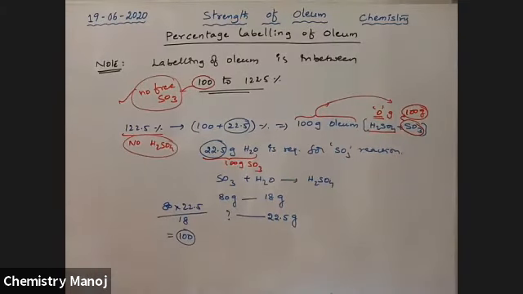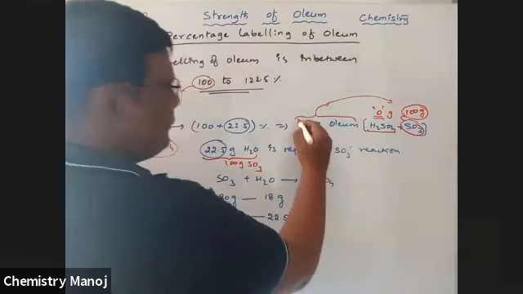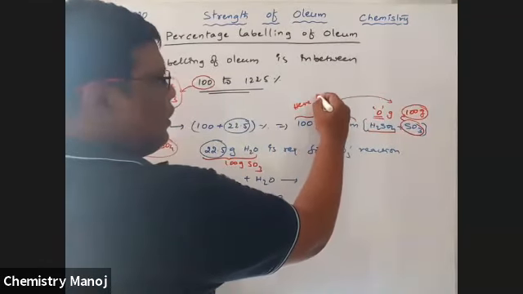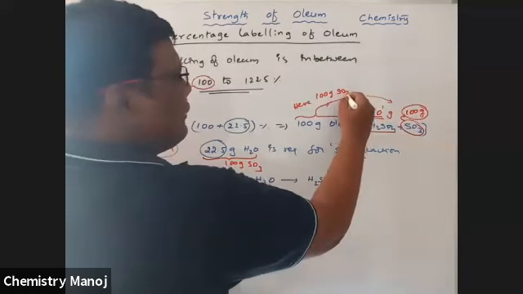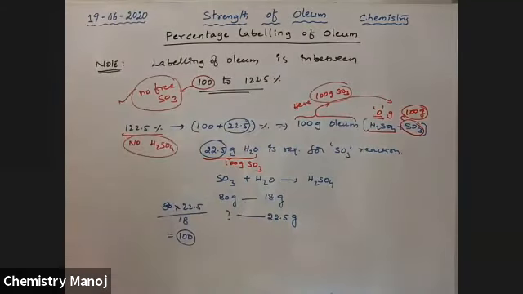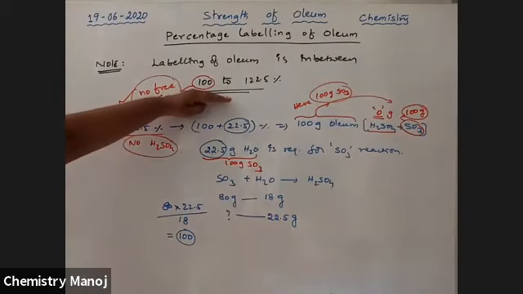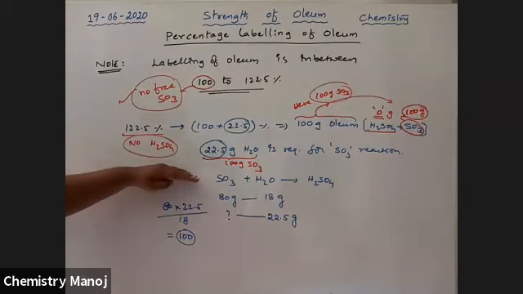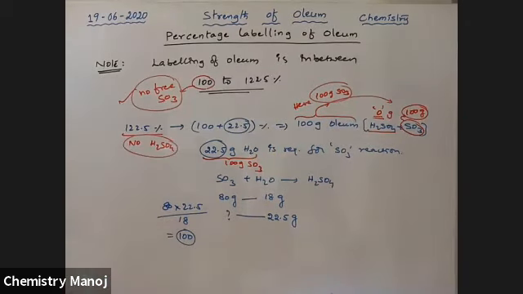100 grams of oleum means, in one case, 100 grams of SO3, with no H2SO4 existing. In the other case, 100 grams of H2SO4, with no SO3 there. Between them, the percentages of H2SO4 and SO3 are varied. So automatically the combination of the two, H2SO4 and SO3, gives oleum.